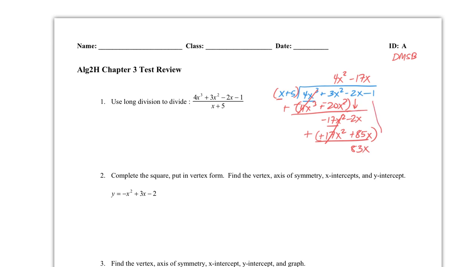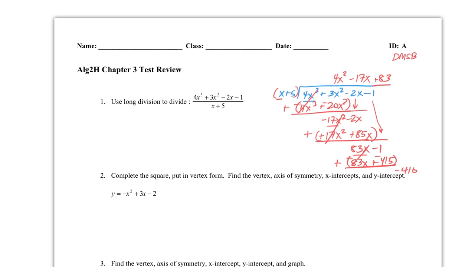And now you're ready to bring down the last one, which is the minus 1. And so once again, you ask yourself, how do you get from x to 83x? Well, you multiply by 83. And then you multiply the entire thing by 83. So you're going to get 83x plus, that's going to be 15, carry the 1, 415. And you're going to subtract the entire group, which is adding the opposite, and you're going to get negative 416,